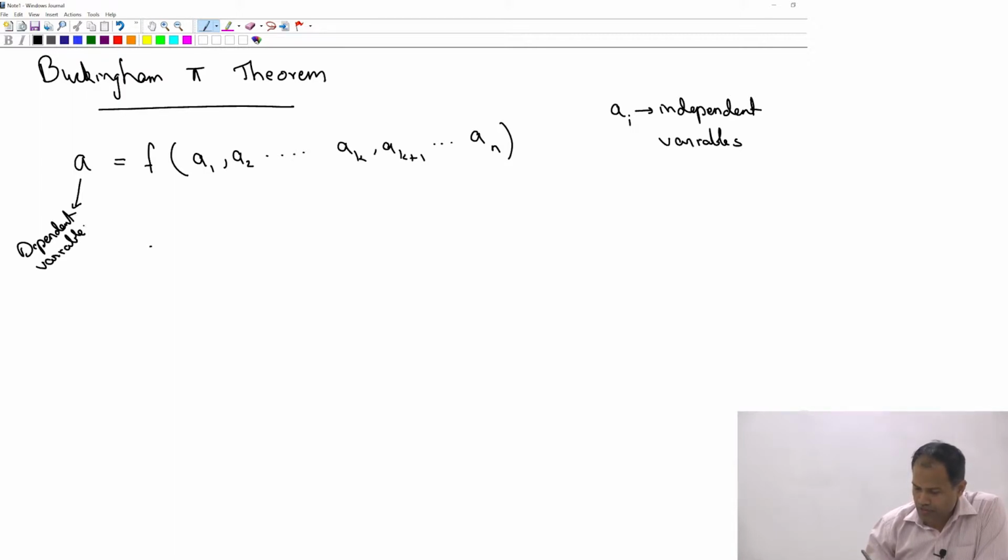So this is analogous to the fluid flow past the object, the problem that we have considered. For example, the small a is basically the force, which is a function of all other variables like length, velocity, viscosity and so on. Everything that you see on the right hand side are all your independent variables, and they decide some dependent variable in the problem. And let's say this function represents some physical process. That's where we have started with. Is that clear? Okay. Now,